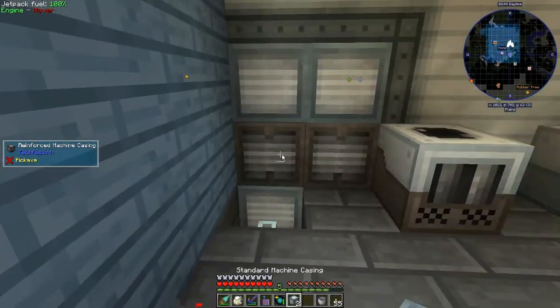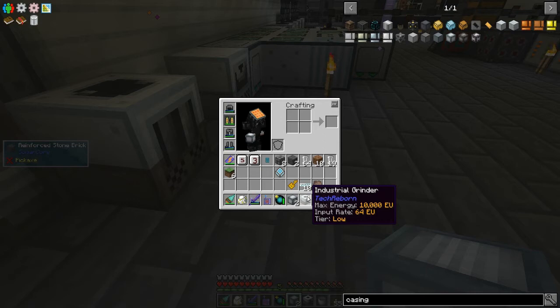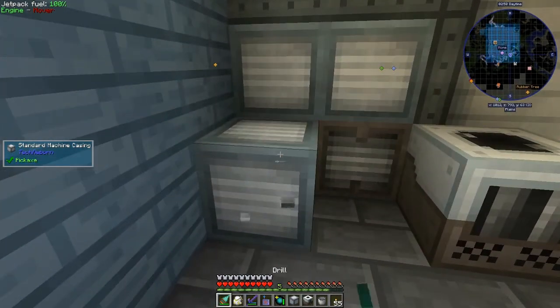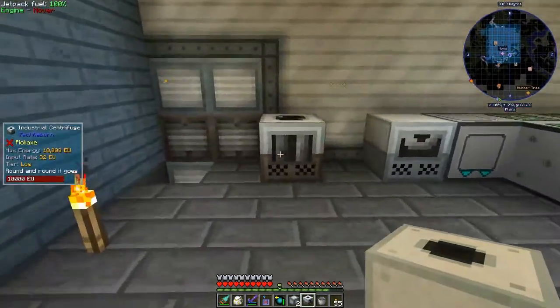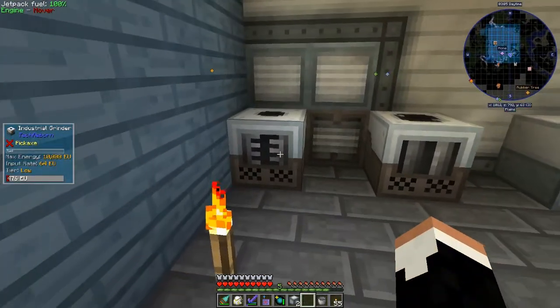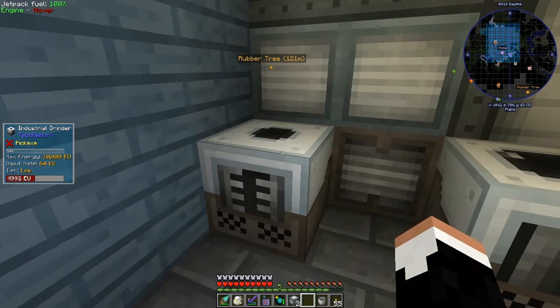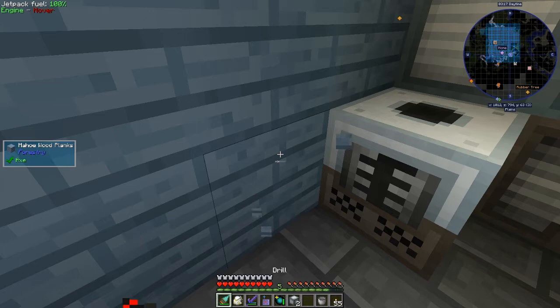Teleport in and place our grinder. The grinder is one of those blocks. It says it takes 64 EU for the input rate. It lies. It can only take 32. If you try to hook this stupid thing up to an MV current, it will blow up. So, now we need to supply it with water. Well, the easiest way to do that, sadly,